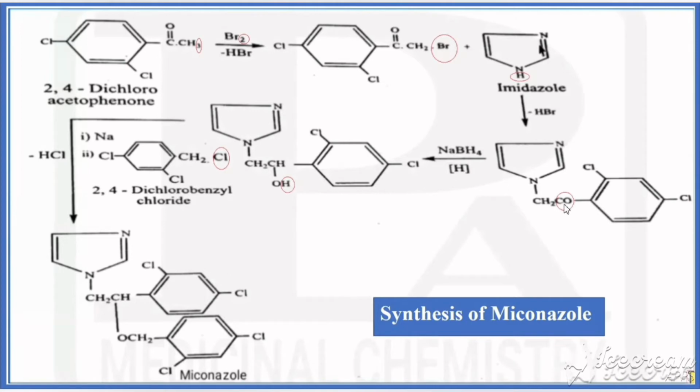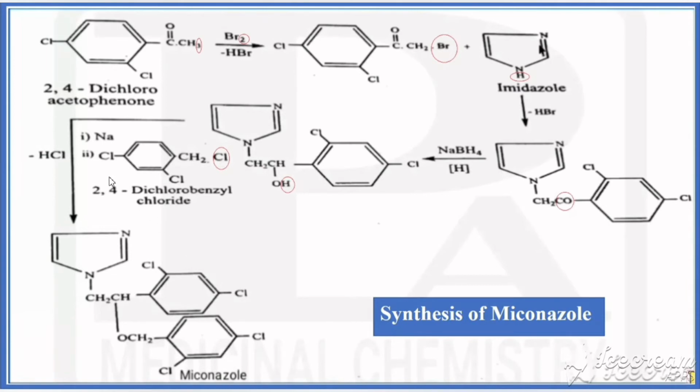So here we have a ketone, that is CO, that undergoes reduction. So what we have to get? That is secondary alcohol. The formula for that is CHOH. So instead of CO, that would be reduced and we can get CHOH in that place. Now with this we are adding 2,4-dichlorobenzyl chloride. So already starting material is 2,4-dichloroacetophenone, whereas here we have taken 2,4-dichlorobenzyl chloride. So by that addition this Cl combines with H from this OH and removed as HCl. That's why with the oxygen this CH2 would be connected, CH2 and this ring would be connected and we are getting meconazole.